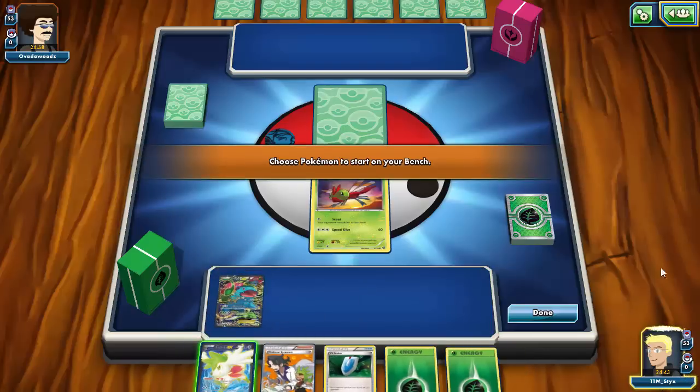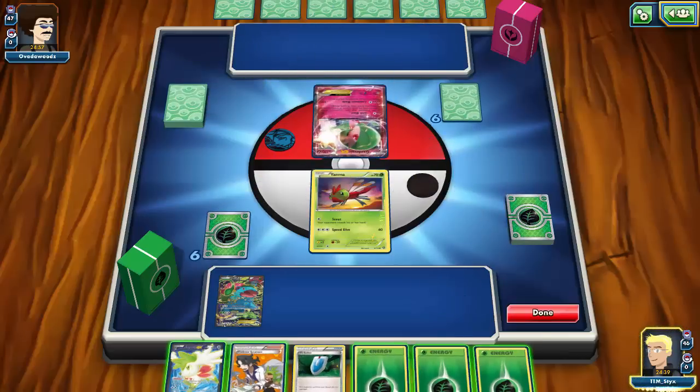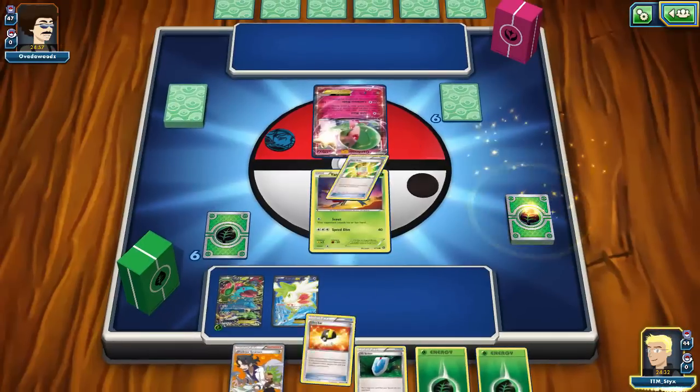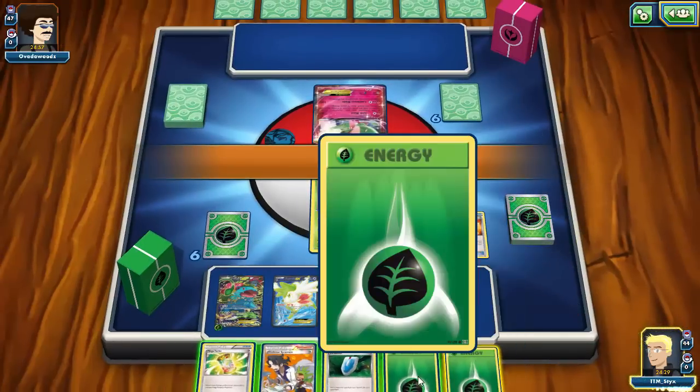And there we go. I actually start with a very nice opening hand. If I can get like an Ultra Ball or something, that would be even better, or a Forested Giant Plants. And okay, I just get another Grass Energy. So I'm going to play one onto the Venusaur, go ahead and Shaman, get some more cards, and go from there. Ooh. So I will be getting rid of a Mega Turbo, which is...